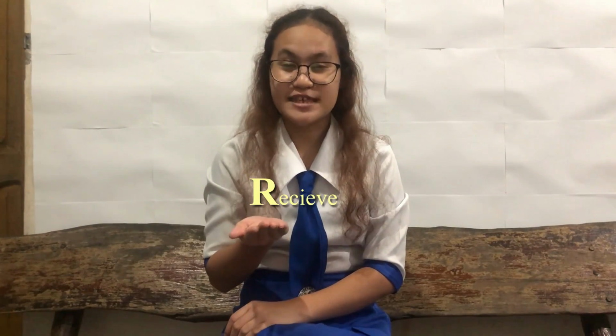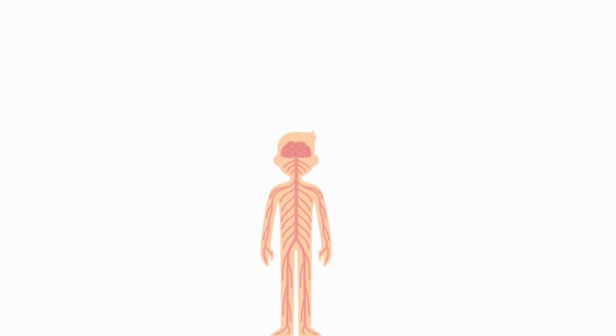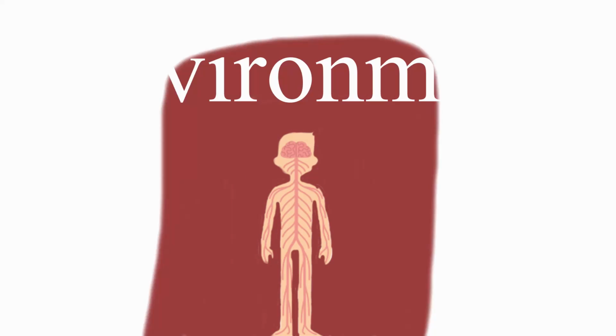Crimes. In terms of bodily functions, it takes another meaning. C for controlling our muscles and glands, R for receiving sensory input, I for integrating information, M for maintaining homeostasis in the body, and E for establishing mental activity. Let's put it this way. Nervous system, from the word itself, nerves, connects our body with the environment.